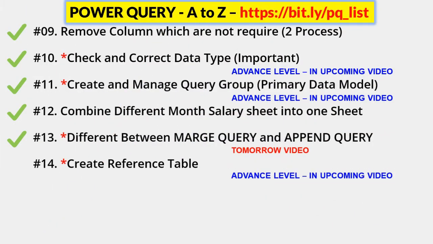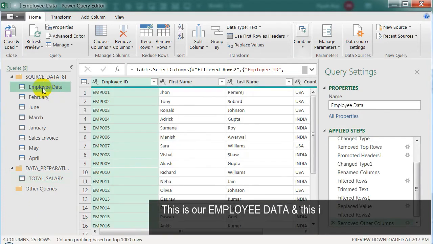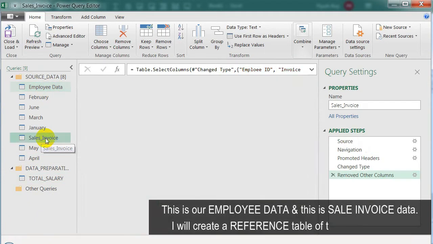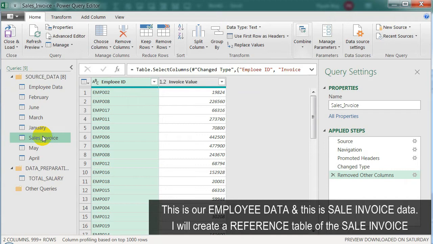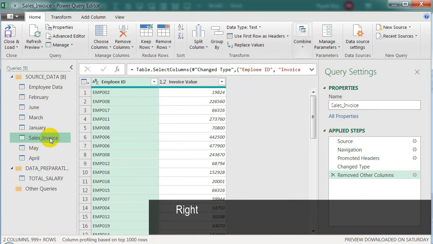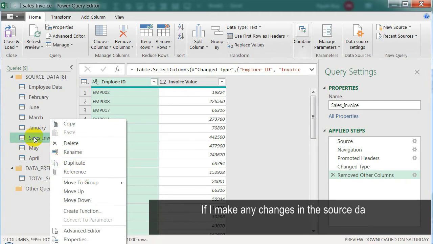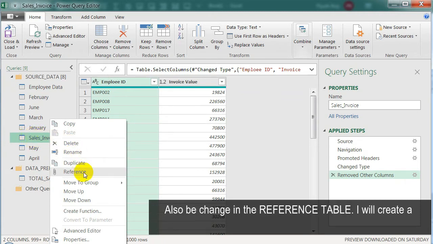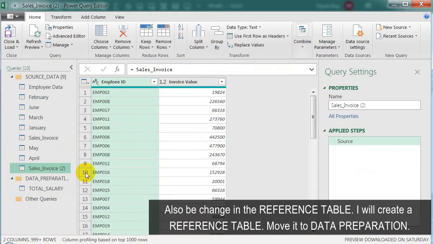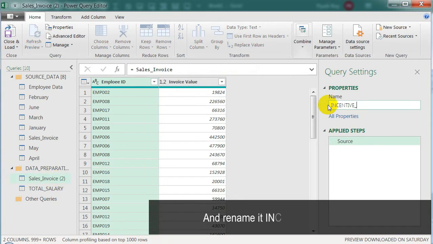Step number 14, create a reference table. This is our employee data and this is our sale invoice data. I will create a reference table of the sale invoice. Right click on it and create the reference table. What is the reference table? If I make any changes in the source data, it will change in the sale invoice table, and also be changed in the reference table. I will create a reference table, move it to my data preparation and rename it incentive